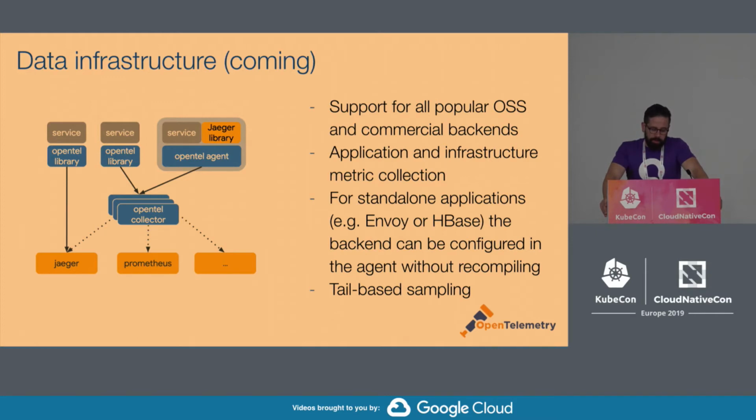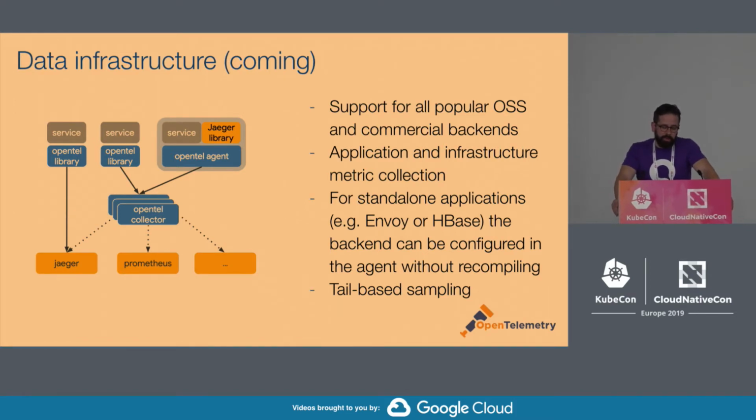Also, the agent has receivers for really all the popular instrumentation libraries. For example, let's say you have an existing application that has been instrumented with OpenTracing and is using the Jaeger client library. That can stay there, and the agent can accept that instrumentation. And let's say you have some new services that have been instrumented with OpenTelemetry. The agent can merge all of that together and export full traces to the backend of your choice.